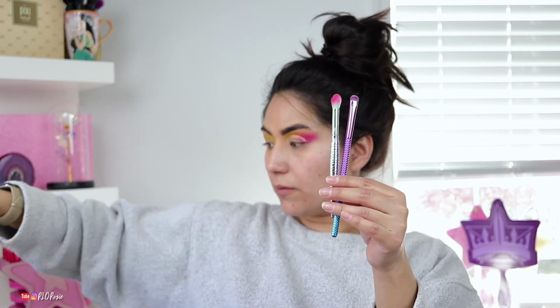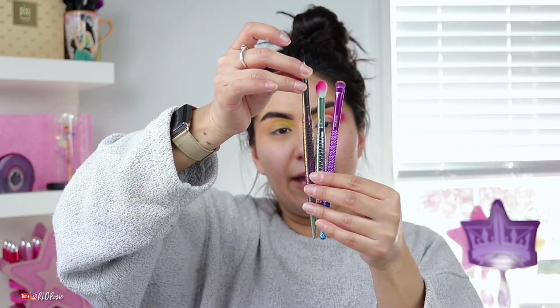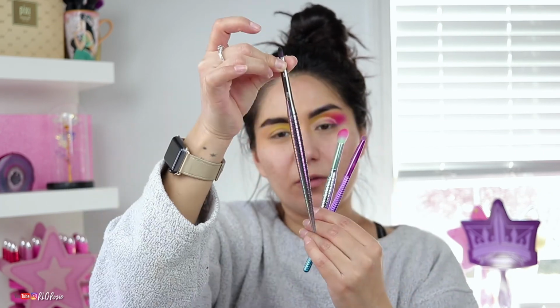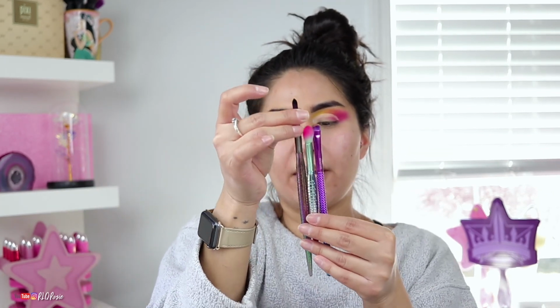The difference between the travel set, which is kind of the focus of this video, and the regular brushes is definitely the length. But they have the same design as the other Moda Mythical brushes, which this is the Dragon one, which I love so much. But it's like half the size, which makes it easier to travel with, so if you want to sneak them into your purse. And the set does come with a little carrying case,